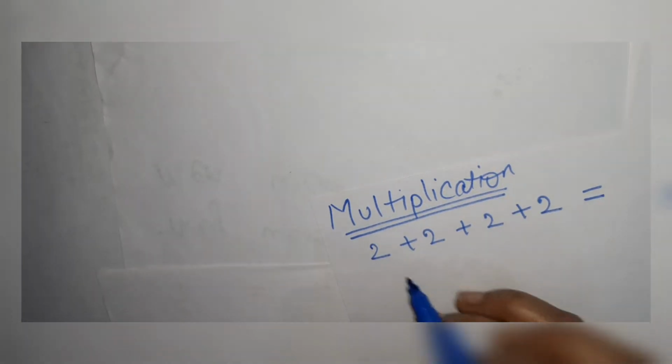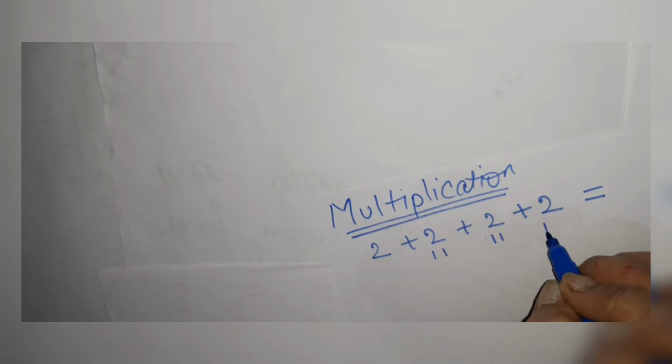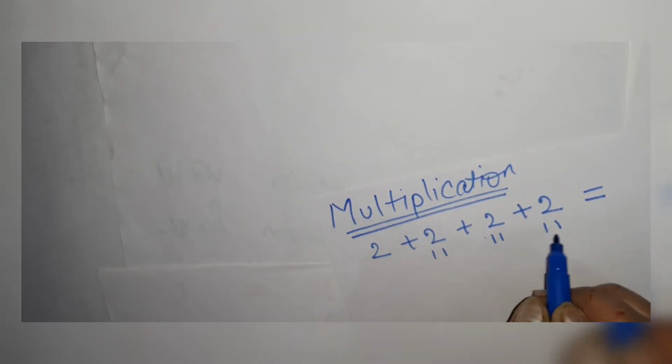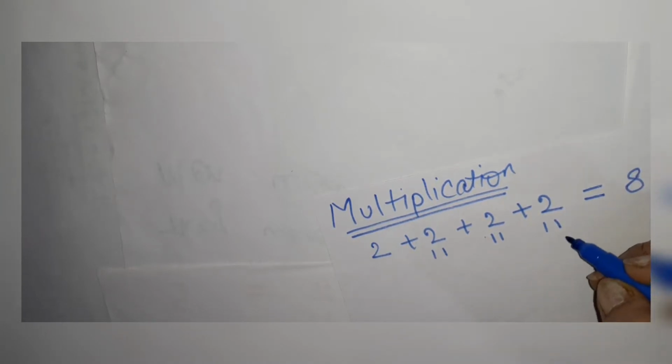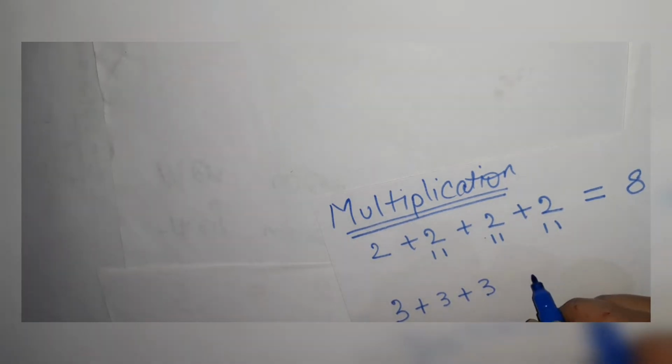So you start: this is 2. Again, if I take 2 lines here, 2 lines here, then after 2, this is 3, 4, 5, 6, 7, 8. So I think you can do the additions on your fingers also now. You need not draw these lines like this, but still I am just showing you. It comes to 8. If I write 3 plus 3 plus 3, it comes to,